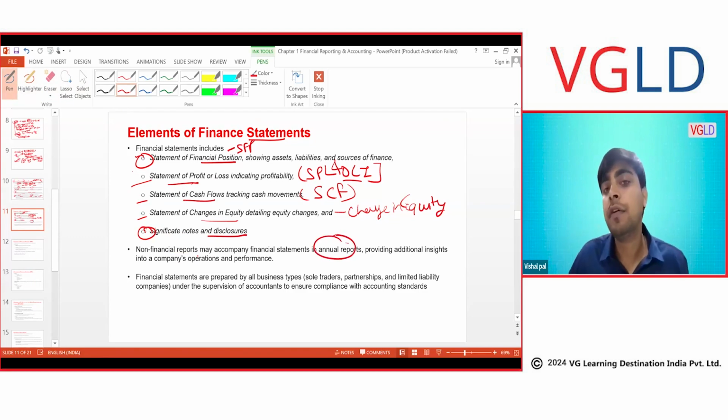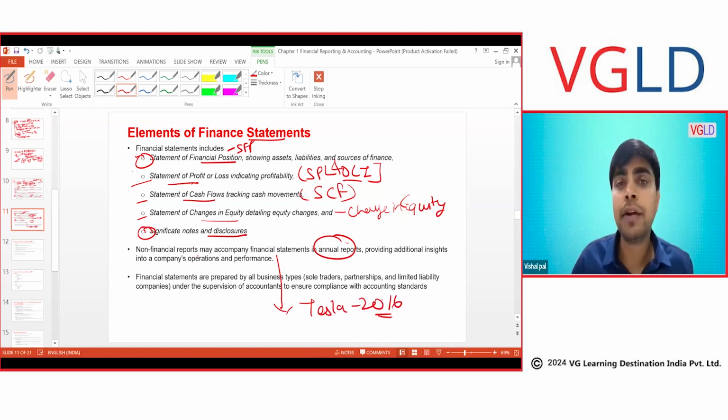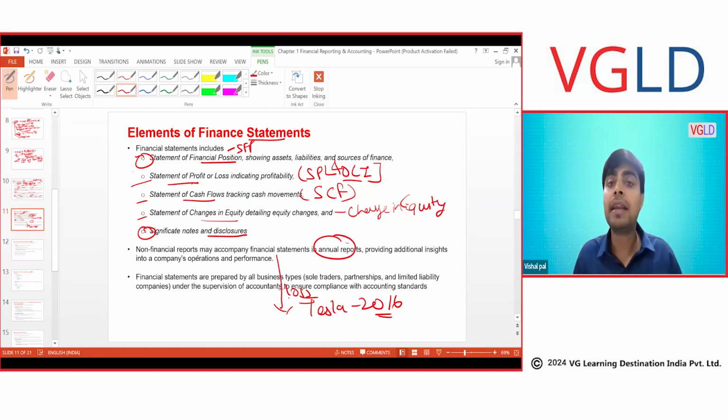The purpose of management is to prepare financial statement as well as provide the shareholder with other information. What are the other information? Let's say I'm talking about Tesla in 2016. Tesla was not big in 2016. Tesla was actually struggling. I don't remember the exact date, but there was a time when Tesla was a loss-making company. But Mr. Elon Musk's vision was to make Tesla a profitable company and basically make a car that is based on battery. It was not done before. A car that is based on battery and can run electrically was a new concept and